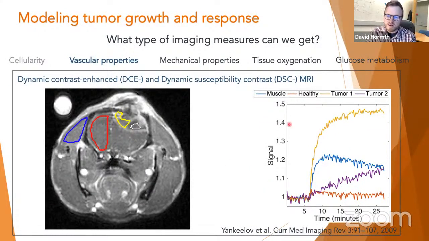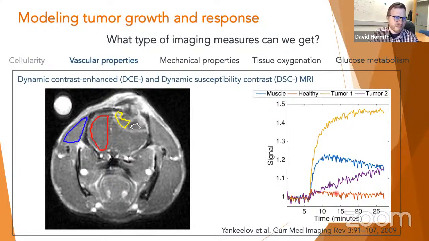So if we look over here on our signal intensity plot, we have about 5 minutes of images collected before we inject a contrast agent, and then a rapid uptake in the muscle, and then it slowly washes out. The red region here is healthy appearing brain. So once again, 5 minutes of no uptake, and then we get a slight increase in signal intensity. It's very, very small, because the contrast agent is not leaking out and accumulating within the